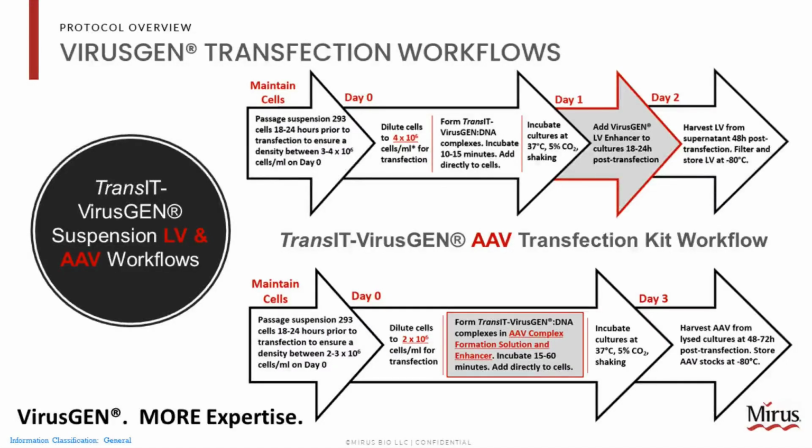This is a standard workflow for VirusGEN, be it for an AAV or lentivirus manufacturing process. This process can work from a well plate to 1,000-liter plus manufacturing. Of note, we highlight some of the key parameters around transfection: cell density, cell viability, complex formation time and methodology, and ideal harvest time. We will need to keep these factors in the back of our head as we develop and scale our viral vector process.